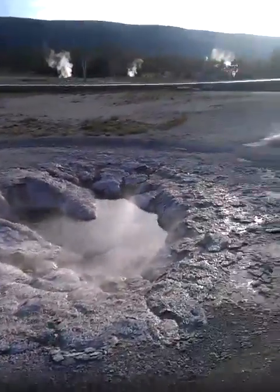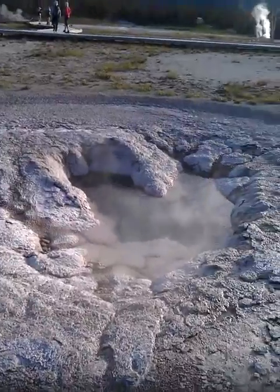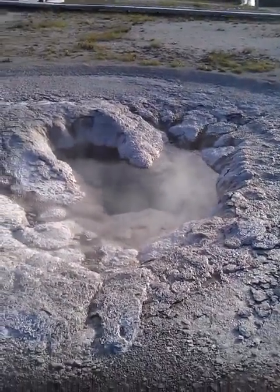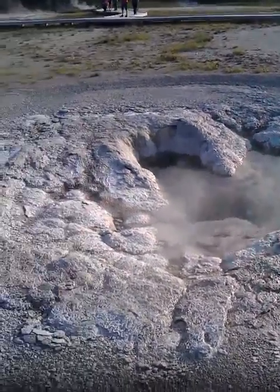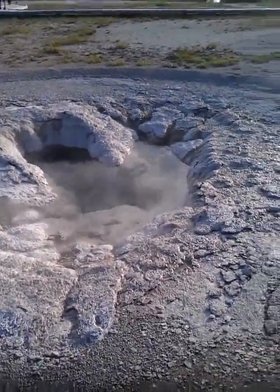You just enjoying the steam? I guess. This one has been erupting this year, so I've just been keeping an eye on it. What's the name of it? This one is Oval Pool. Uh-huh. So it could go...